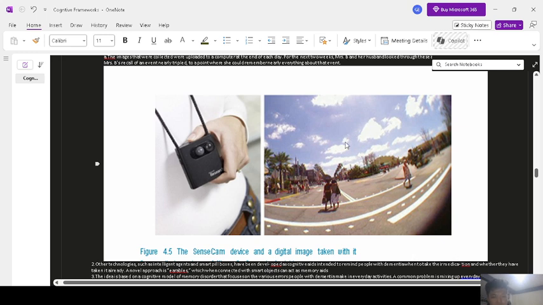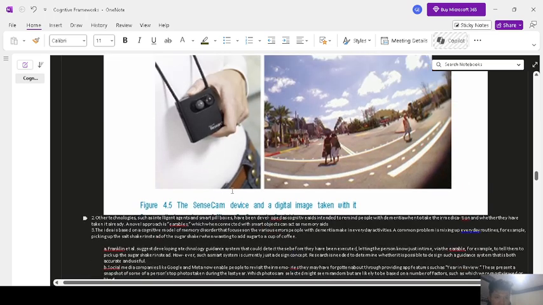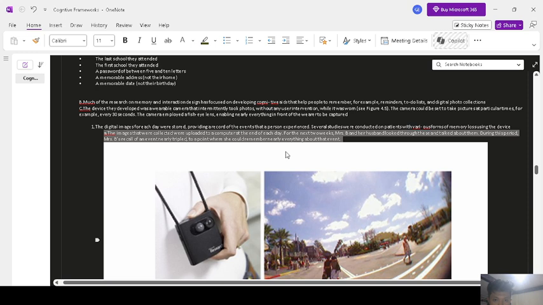It records images like this, and then at the end of the day, it's saved to the computer, and then every week they review it. The digital images for each day were stored, providing a record of the events that a person experienced.